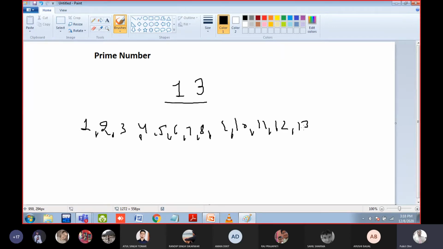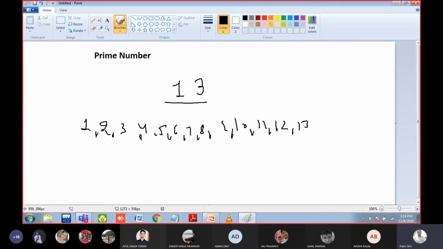So if I want to check whether number 13 is prime or not, what I will do is a simple task. As I told you in the definition, a prime number should be divisible by the number 1 and by the number itself. So I will divide 13 with 1, 2, 3, 4, 5, 6, 7, 8, 9, 10, 11, 12, 13.